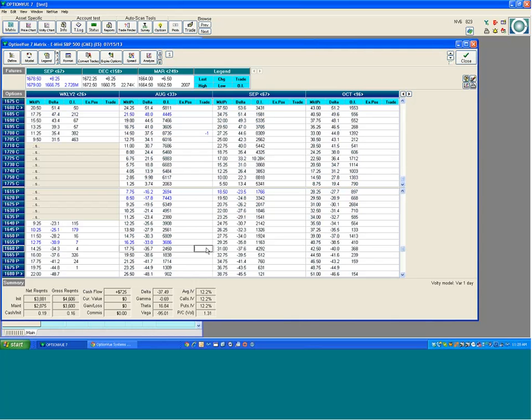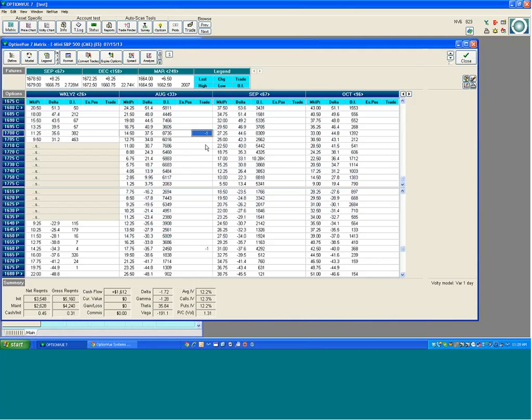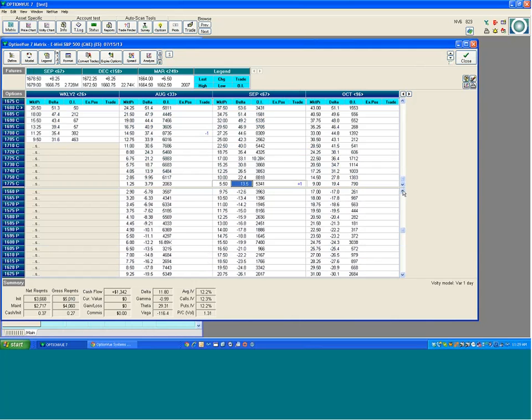I will sell a 1660 put with a delta very comparable. So that is a short strangle that looks like this. And then I'm going to put on a long strangle in the deferred month of September, 1 month further away. And I'm going to choose the 1775 call with a delta of 13. And then I will choose the 1550 put,